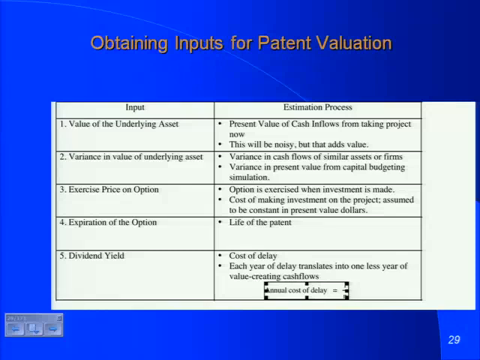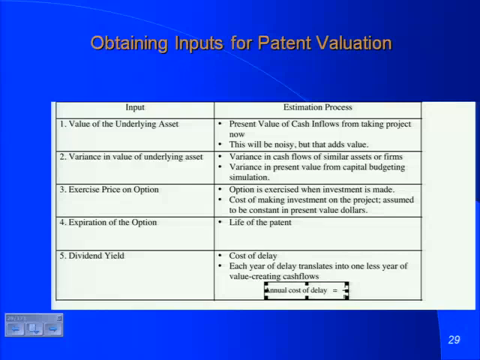Okay? So if we decide to take this next step, we've decided there's an option, we decide there's exclusivity coming from the fact that you have the legal patent, then we have to start coming up with the inputs to the option pricing model. So let's think about the mechanics of the inputs we would need to value a patent as an option. First input, I need a value for the underlying asset here, right? Which is basically the question I'm asking you is, if you develop this patent today, what will your expected cash flows be? What's the present value?